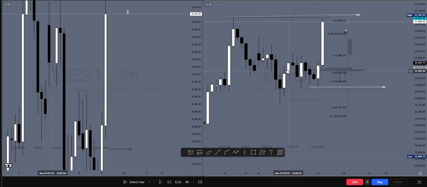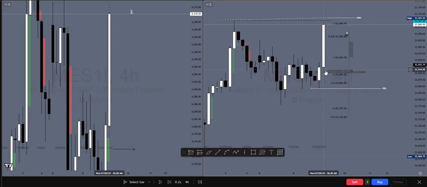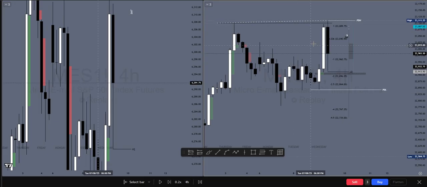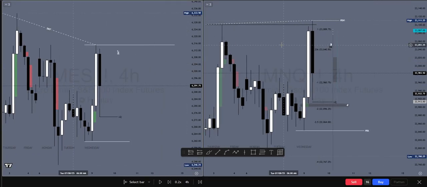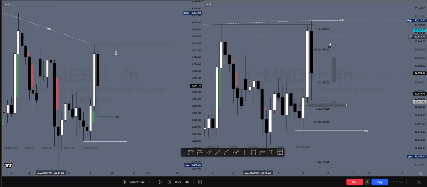On this, we have our 4-hour PD array resting below. Our next candle happened. This is when I gave a call out on my Discord to have your eyes on. Right here, after I noticed that we swept this high time frame PD array,